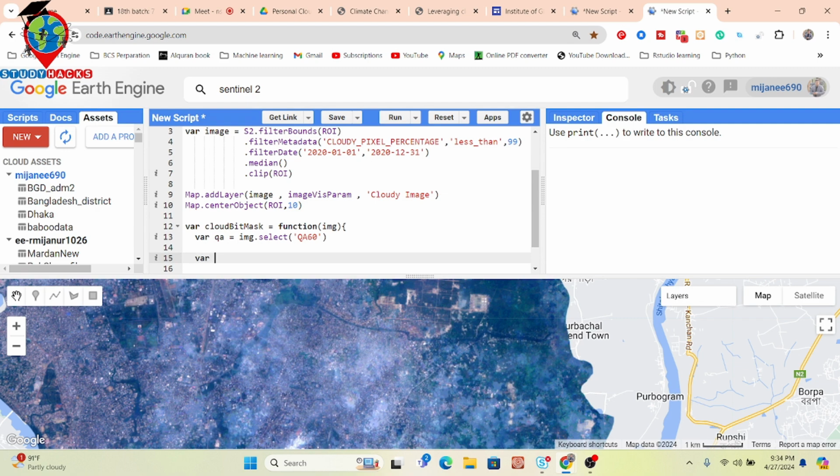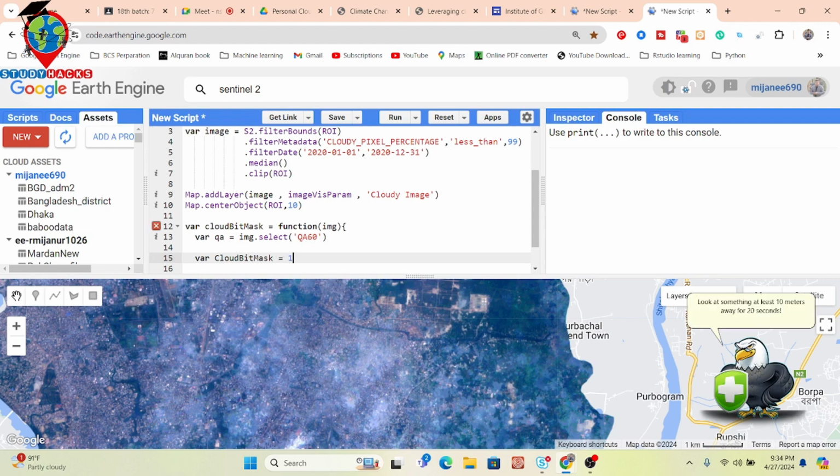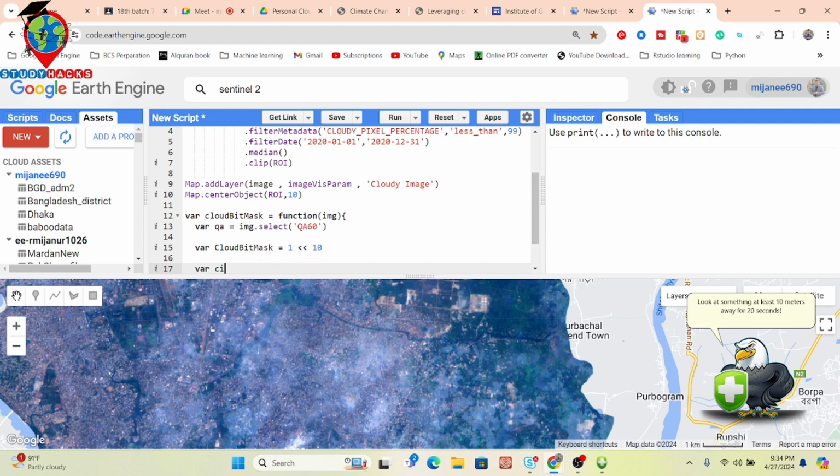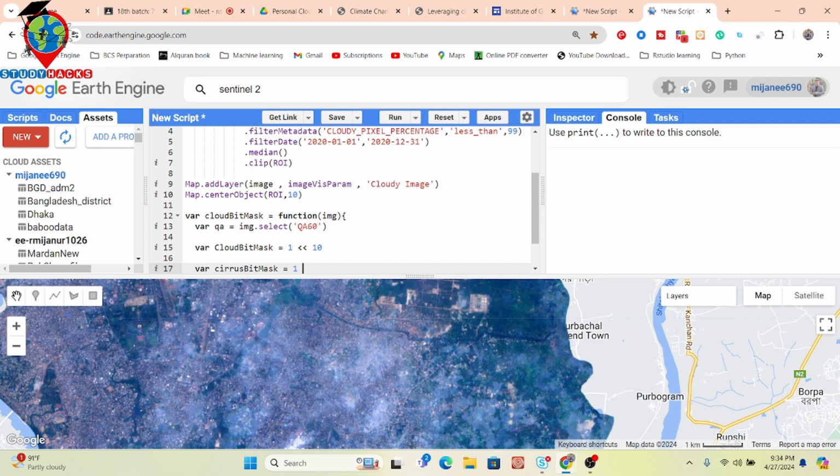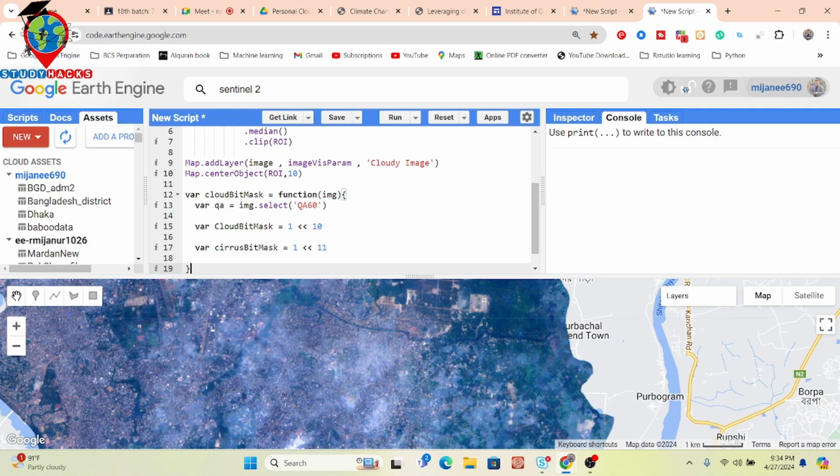So further I take the variable, suppose cloud bit max, and now I set the 1 less than bit 10. Okay, so basically this is a syntax for selecting the bit number. Every time you put the 1 less than and then put the bit number. Okay, and I'll select another bit number. Suppose I put the cirrus bit max, I take another variable and set 1 less than bit number 11. Okay, bit 10 and bit 11 we simply store in the two variables,